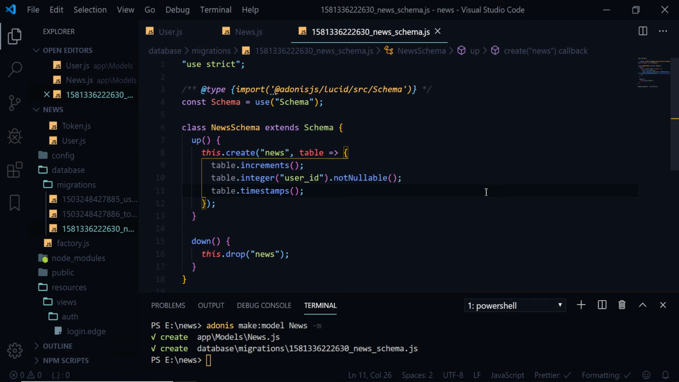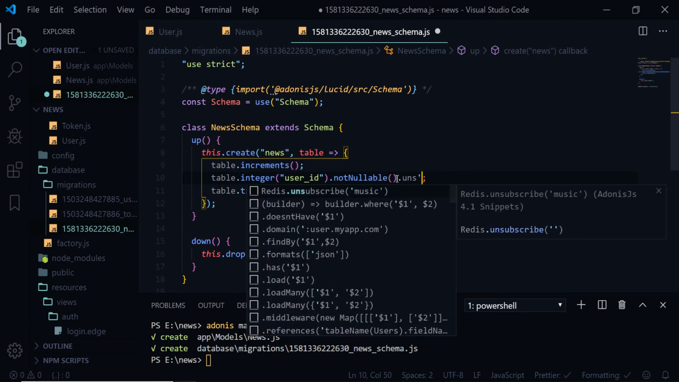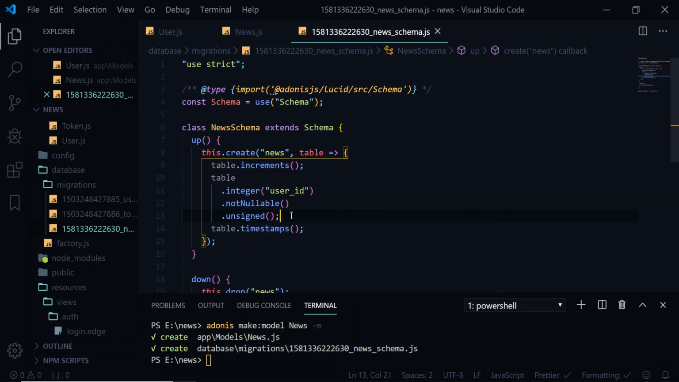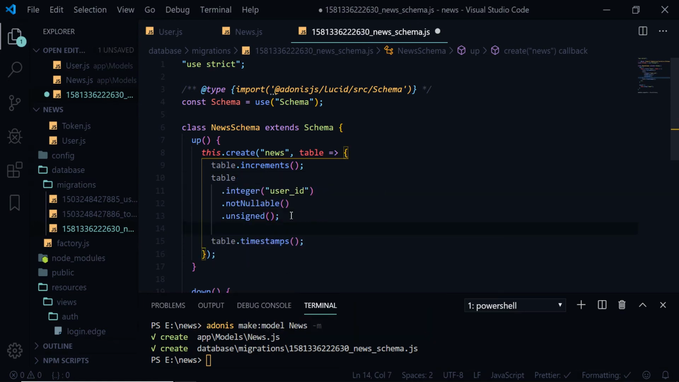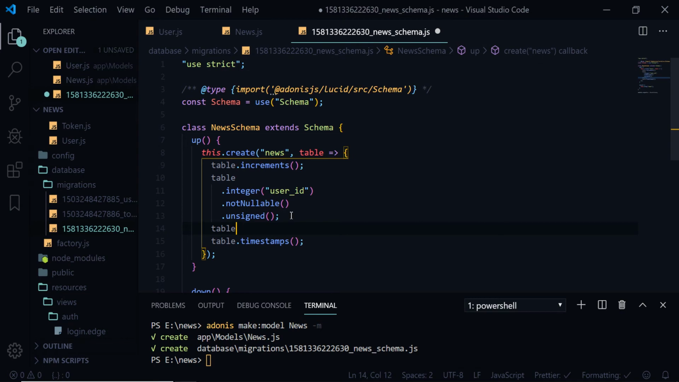So basically what we can do is go an extra step here to make this an unsigned one, right? Unsigned will stop negative values. Alright, so what can we do extra? We can explicitly mention this as a foreign